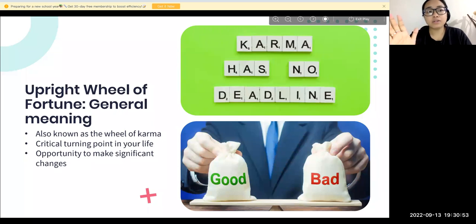Karmic healing cannot be done by saying, oh, let me do charity now, because now I started doing charity, so all the bad things I have done, I will nullify. No. Even if you do charity with the notion of, I am going to get good karma, that's why I'm doing charity, you are definitely in the wrong direction. If you're doing charity with the expectation to earn good karma, then definitely you are earning bad karma. Because why? You're doing it with the expectation that charity is not for the good of people, it is good for yourself. So good karma is only earned when you are thinking beyond yourself.